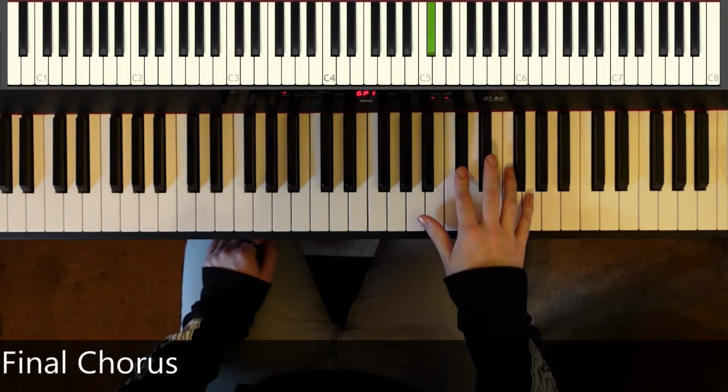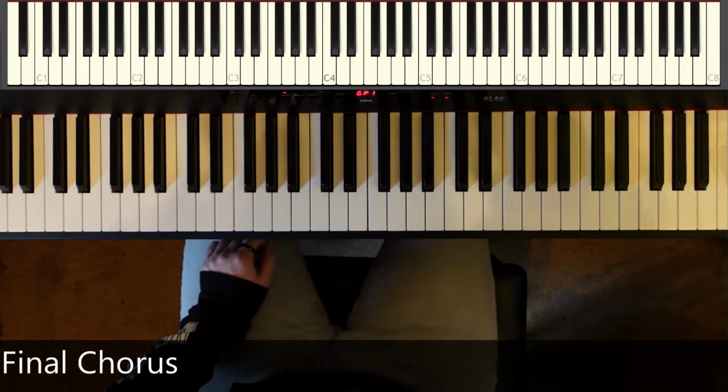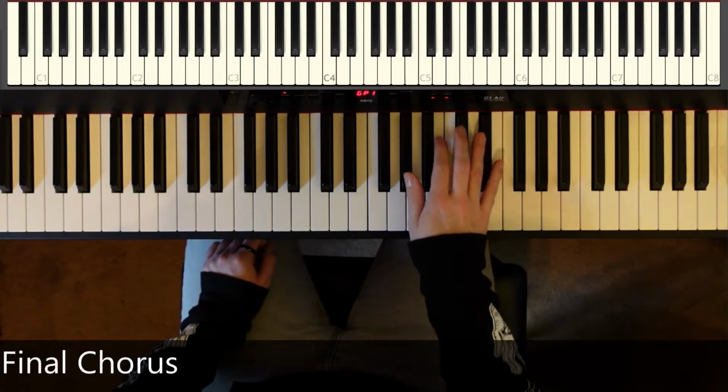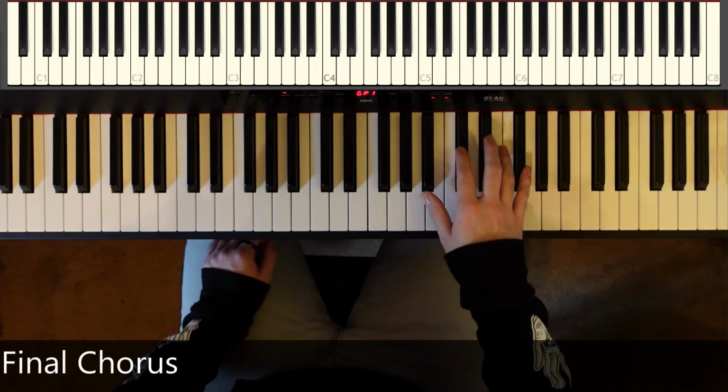And as far as the melody, the moment that it reaches the chorus, you're not going to be playing the chorus melody. You're instead going to be playing the ending of the solo. So it's going to go...